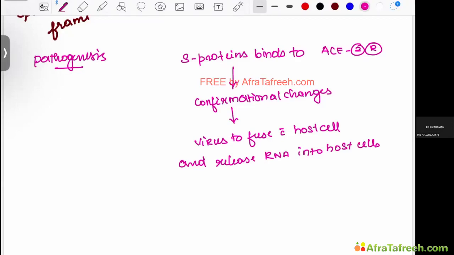Okay, video. TMPRSS2 is a protein. Just remember, it is a protein which helps in, which is present in the